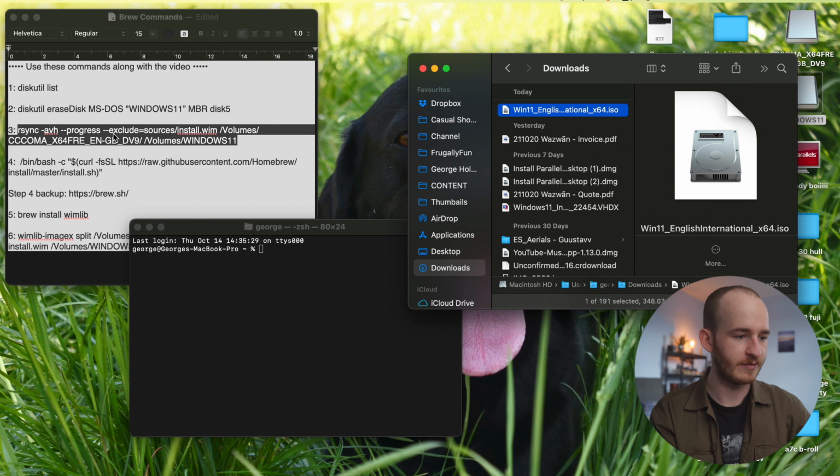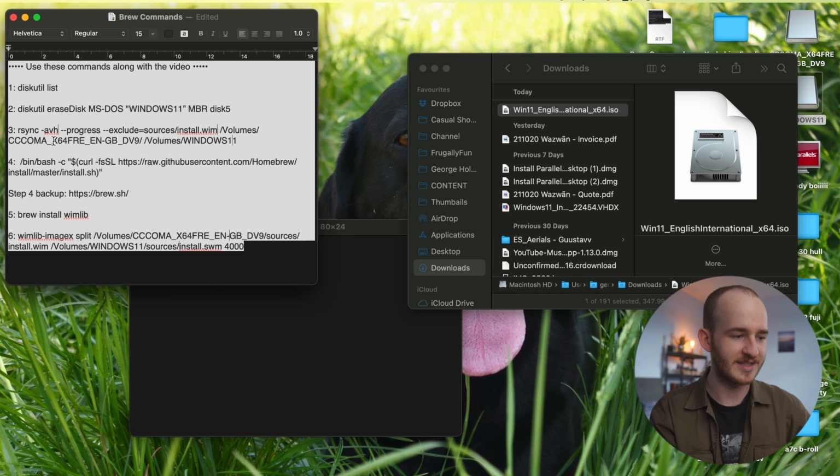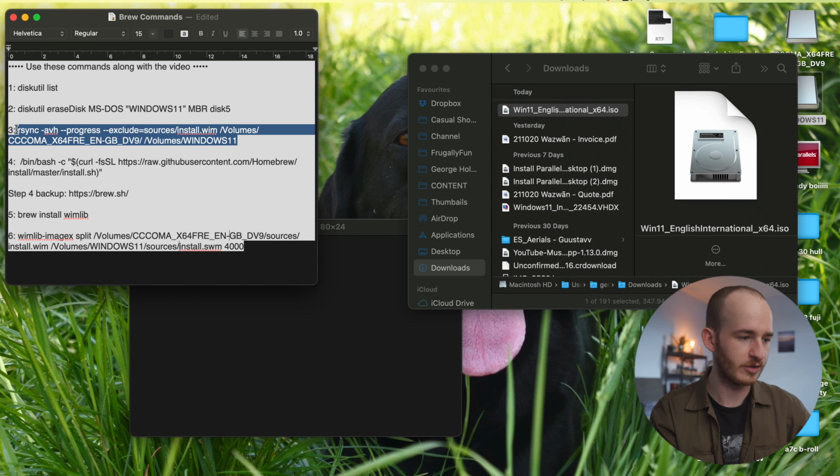And then on the first command, you're going to see there's the same file name here, and you'll need to change that ENGB or ENUS or whatever it is there. Change that so that it matches the same on your file volume. And then copy this command